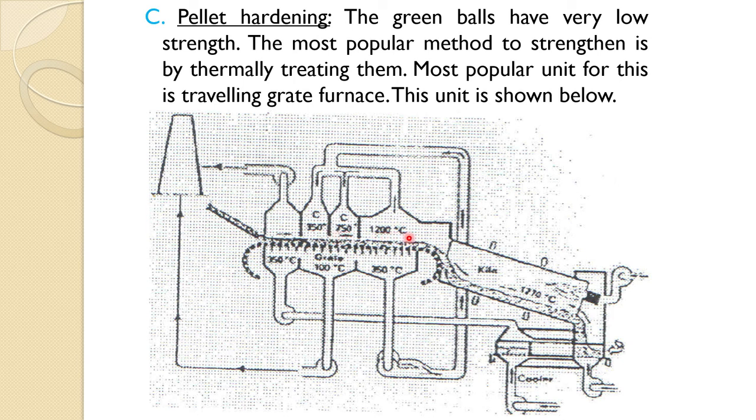Then it comes to the high temperature zone of about 1200 degrees Celsius. When it comes to that one, fusion is occurring and you have an updraft here. So, before that you had a downdraft, now you are having an updraft, and the hot gases are actually coming from the rotary kiln. So, these hot pellets fall and are fed to the kiln where the temperature is quite high, about 1270 degrees Celsius, and